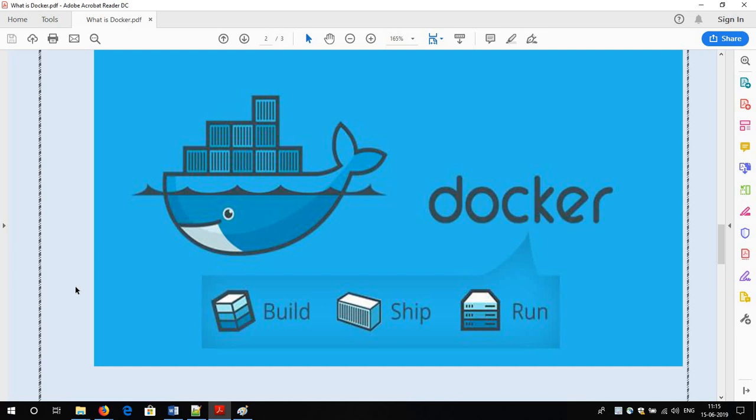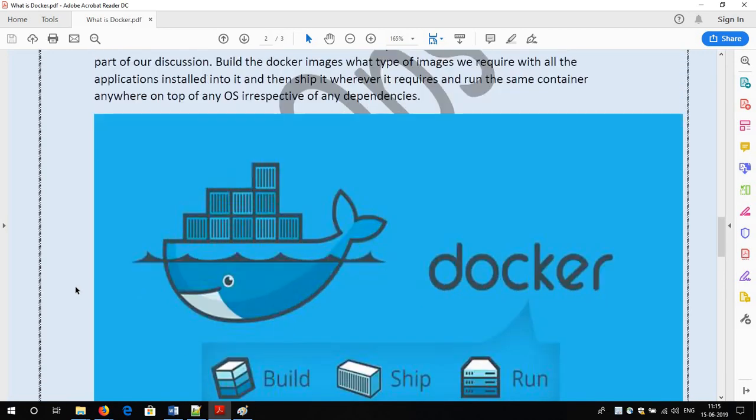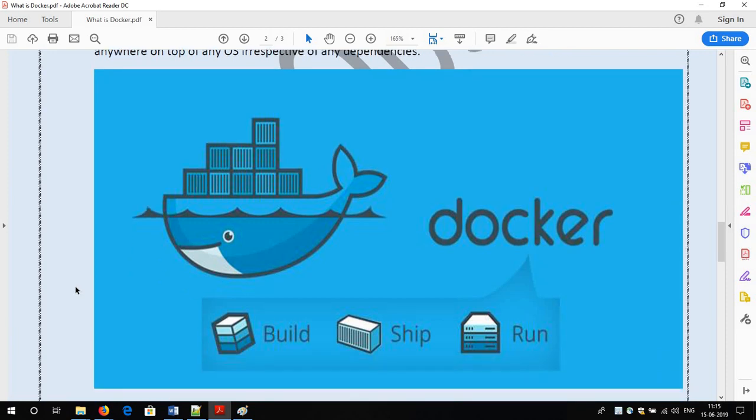I will explain it in very short language, but I will explain in much more detail in the upcoming sessions when you see the practical, because without practical you will not be able to understand it very clearly. So what do build, ship and run mean here?